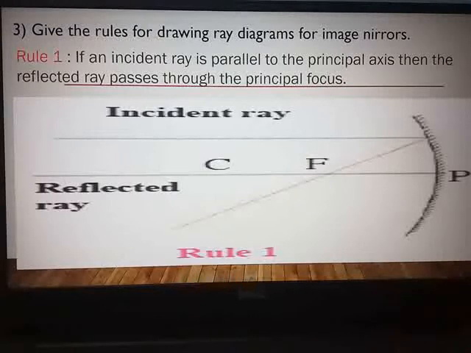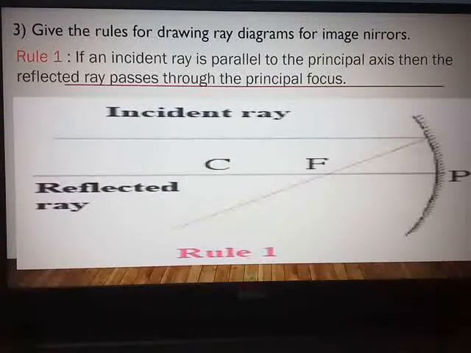While drawing the diagrams, children always make use of pencil. Even though it is a ray diagram, many a times we have found students are drawing the ray diagrams with pen. You will get a full 0. Diagram means with a pencil. Labeling with the pencil only. Do not use any other color for labeling.